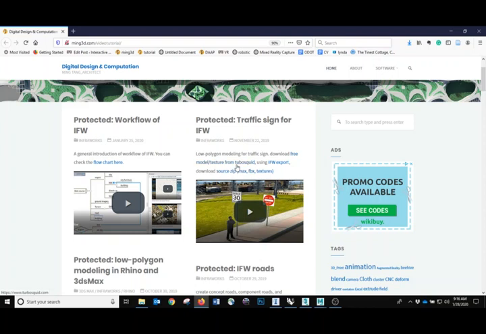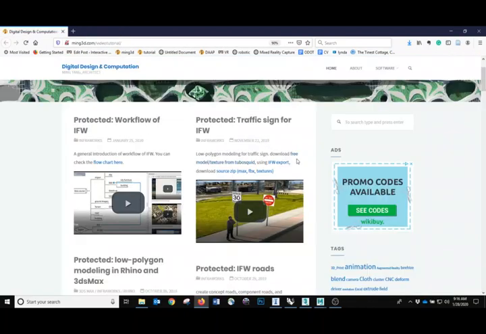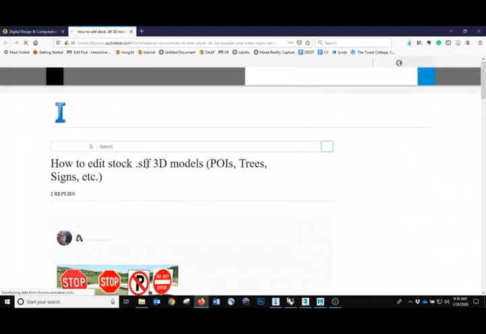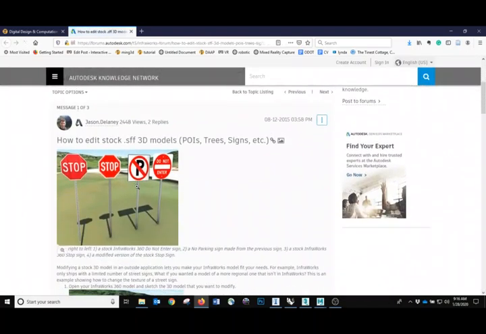And there's a link to TurboSquid, which is a place you can download a lot of free 3D models. And there's also a link to the typical way suggested by Autodesk. You can follow that tutorial. This is how to use existing 3D models from the library, from the 3D style, and export